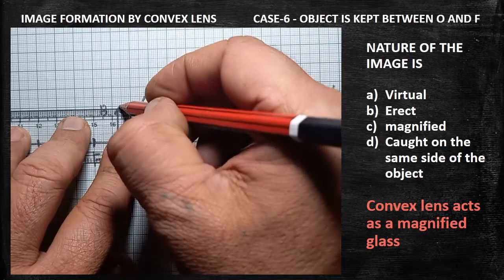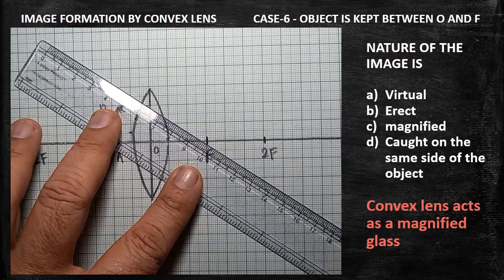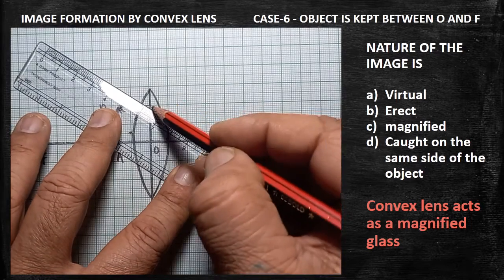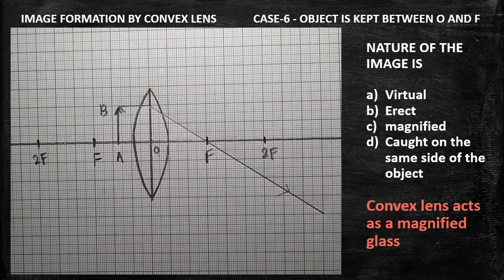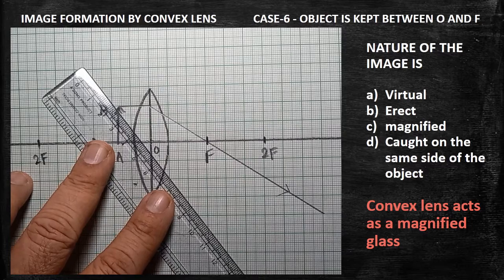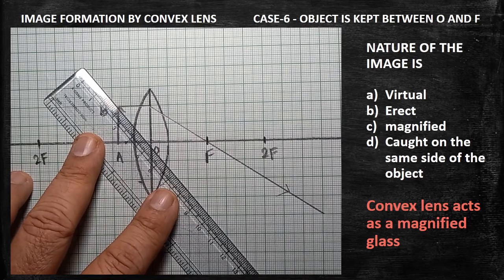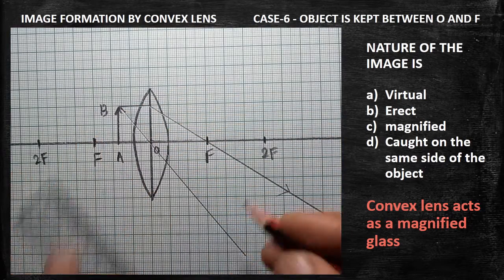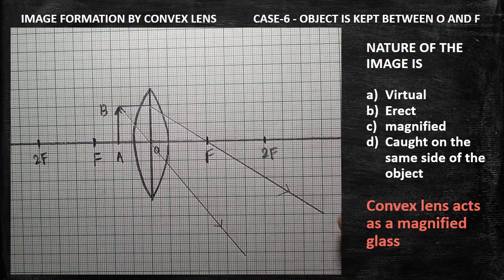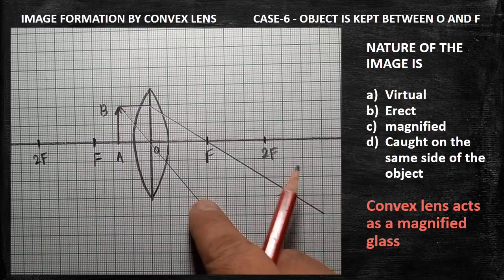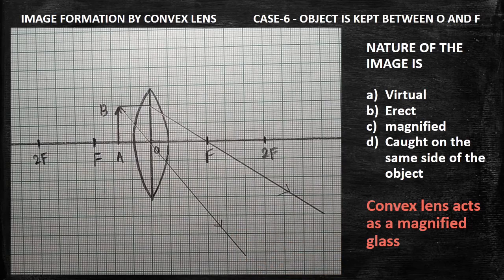First you draw the ray from the head of the object. As usual, the deviated refracted ray will pass through the F on the other side. Are you clear? Now I am going to draw one more ray from the same head of the object. Now it is passing through O. Are you clear? Now look at both the two rays, both are deviating. They are not parallel. One ray is moving in this direction, another ray is traveling in the other direction. In between these two, the distance increases.